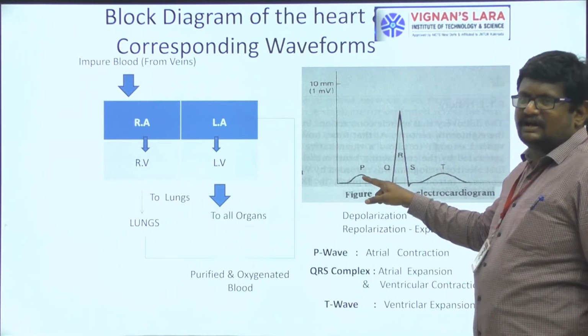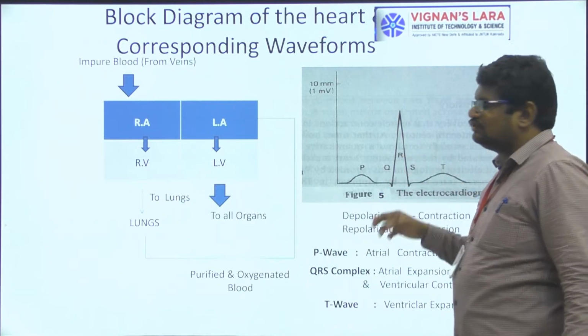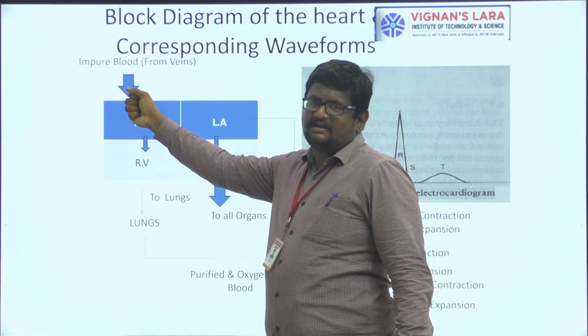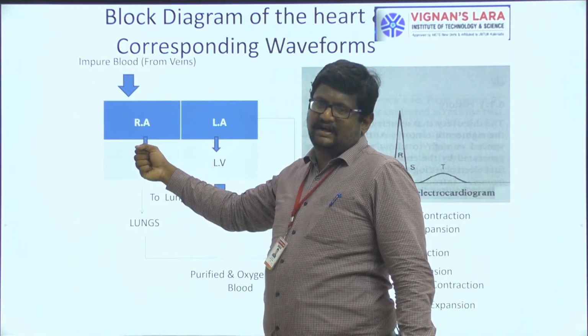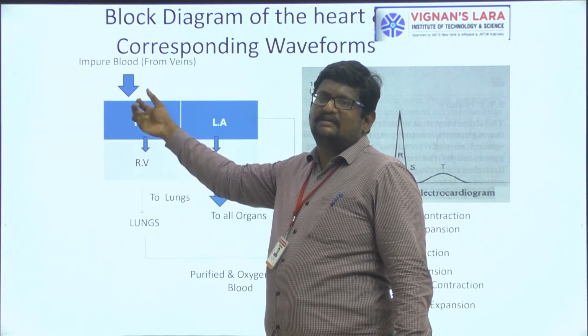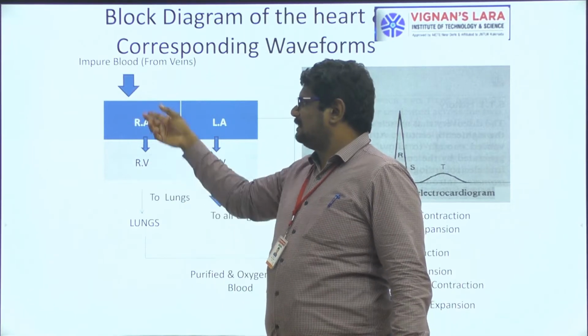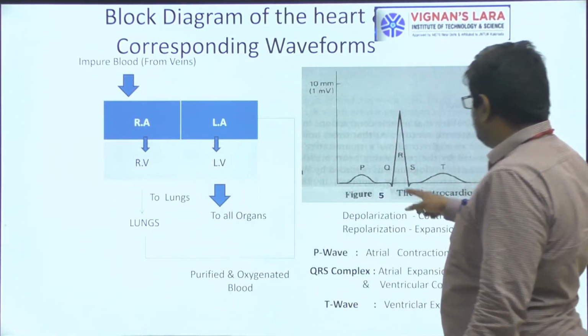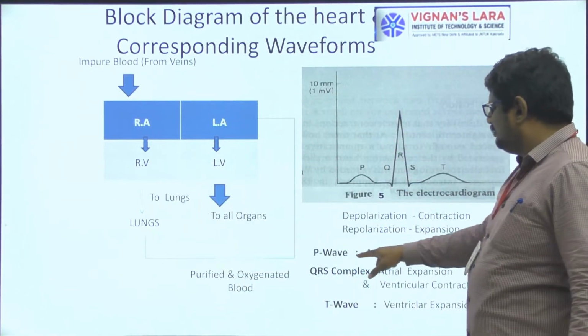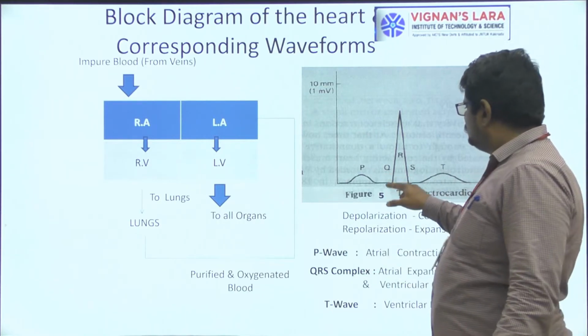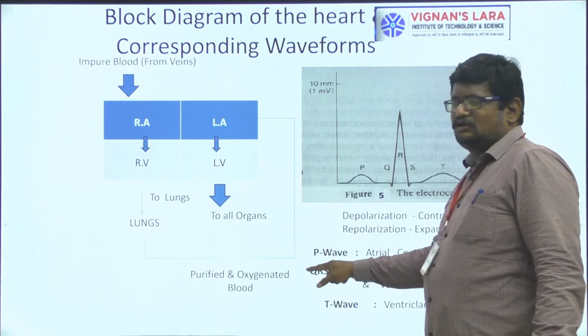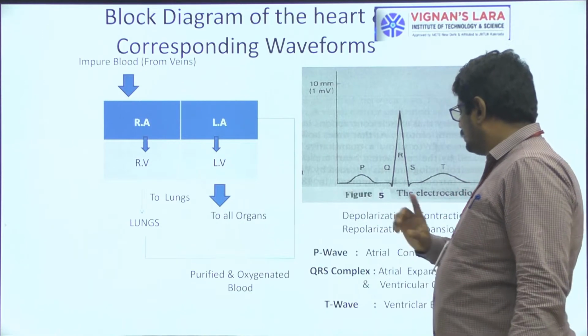While the atrium expands, at the same time the ventricle contracts, and that is given by the PQRS complex. This is atrial contraction, this is ventricular contraction. So two things happen. The atria first contract, after that the ventricles contract. At the time the ventricles contract, the atria should expand. So two things are happening at that time, and that is given by the QRS complex. P waveform and the QRS complex. So this is a complicated waveform; that's what we call a QRS complex.